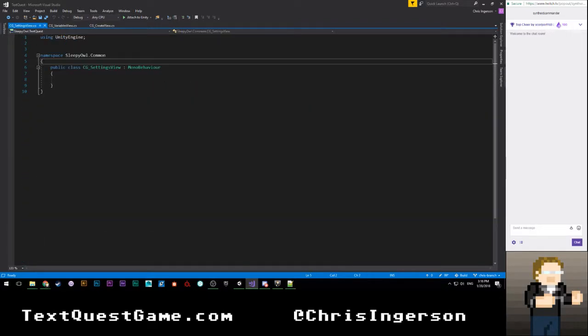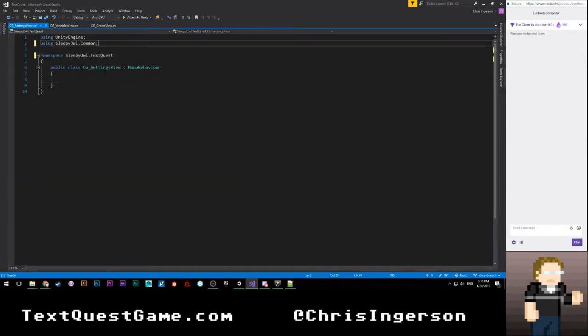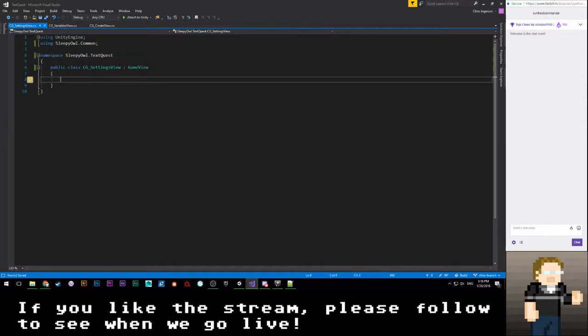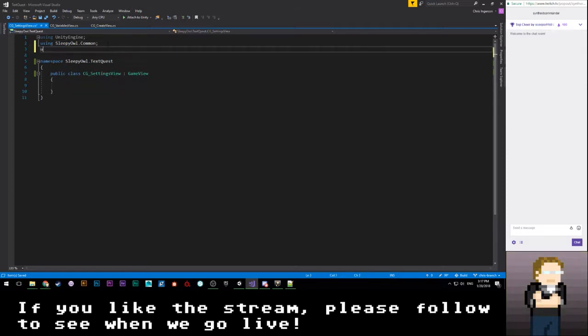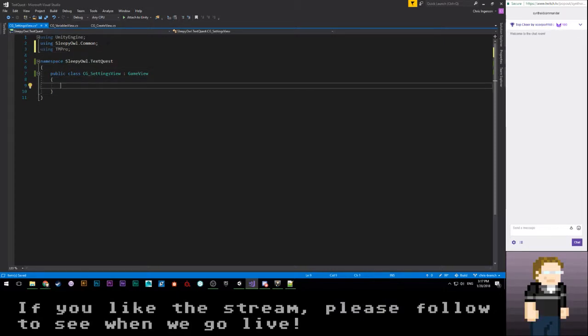So for this, we're going to make sure it's in the text quest namespace. I guess we'll just make it derived from GameView. So let's say using sleepyowl.common, GameView, and what else do we need here. We are going to need using TMPro, and that's probably it.